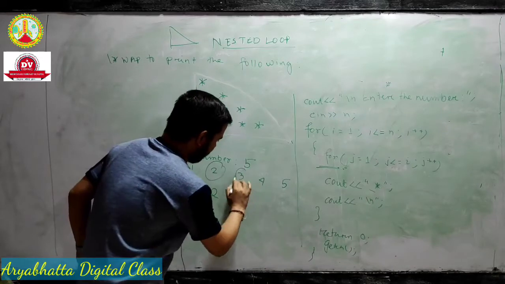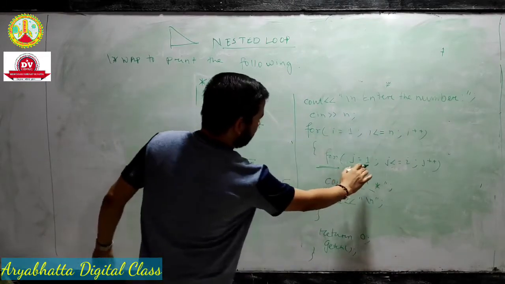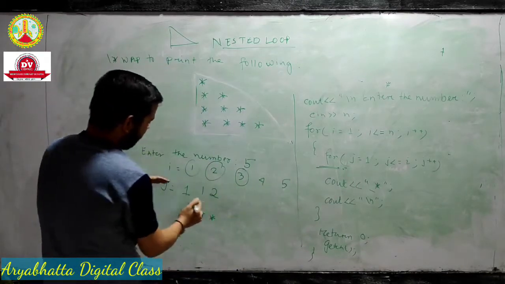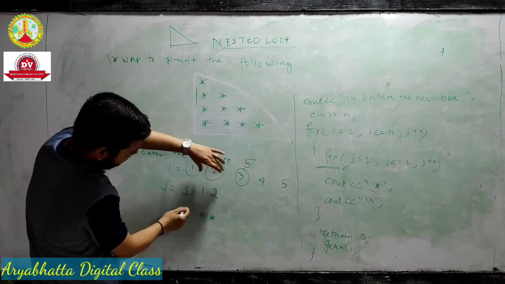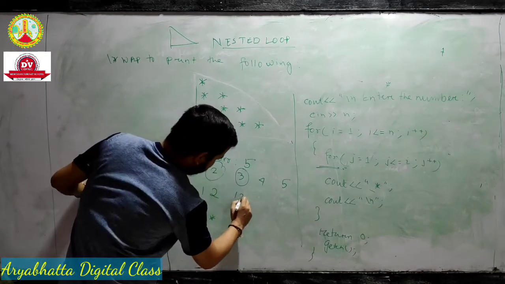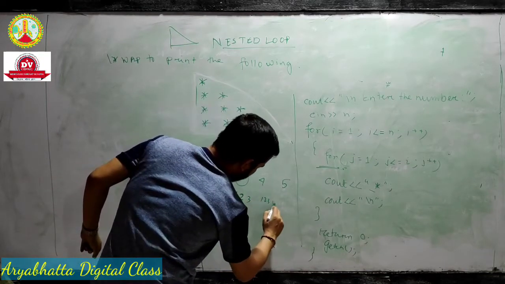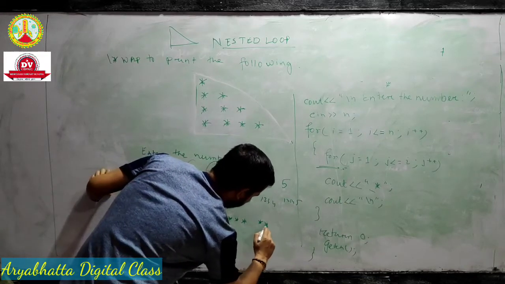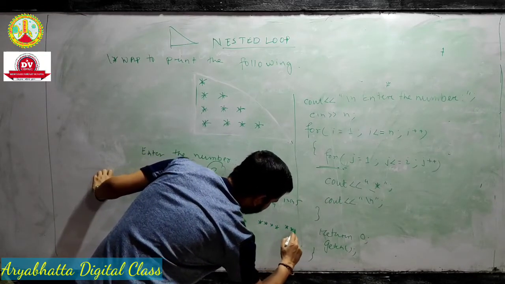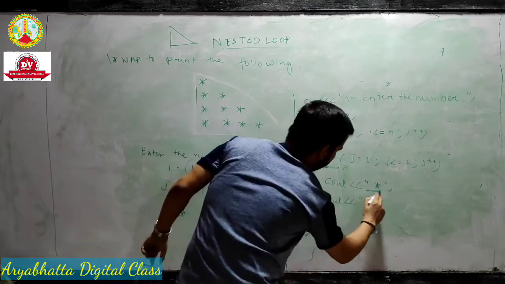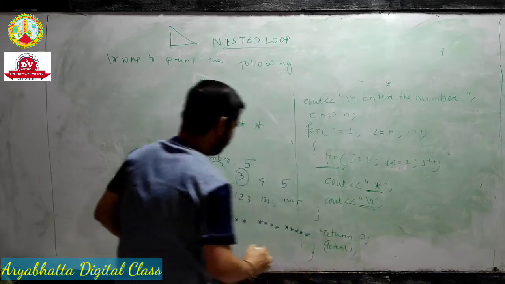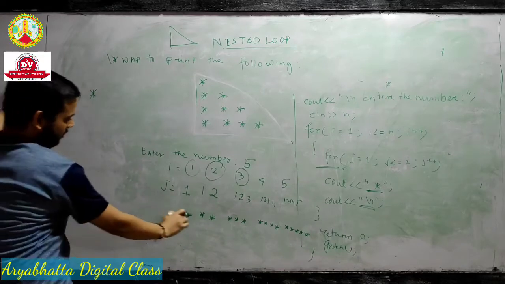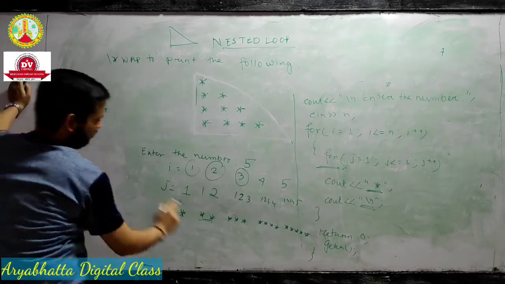Okay. Like that, when i value is 3, j value will be starting from 1 always. i value will be 1, 2, 3, 4, 5. In that respect, for 1, j value is 1; for 2, j value is 1, 2; for 3, j value is 1, 2, 3; for 4, j value is 1, 2, 3, 4; for 5, 1, 2, 3, 4, 5. That means the third time 3 stars, the fourth time 4 stars, the fifth time 5 stars. Because we print the star and we take backslash n, that's why each comes in a new line. This comes in a new line, this comes in a new line.